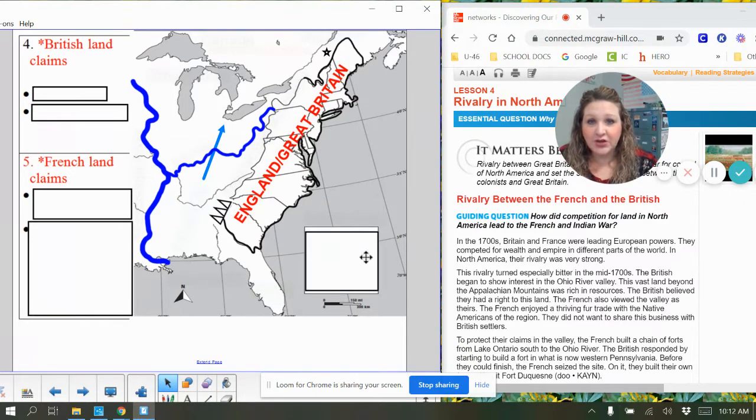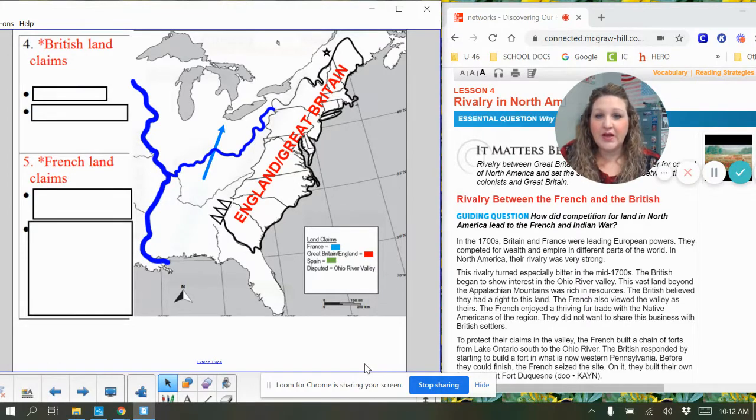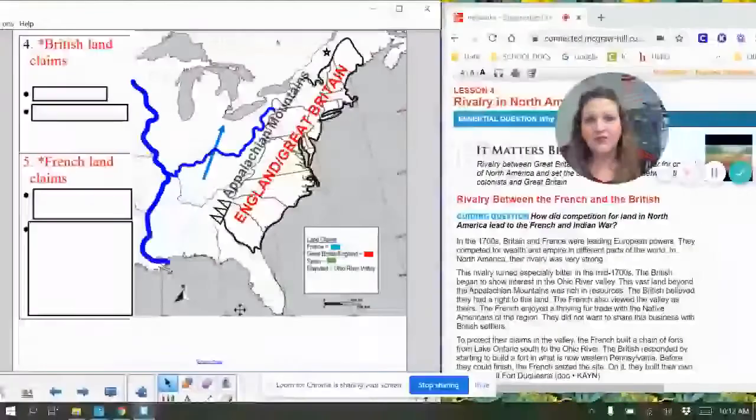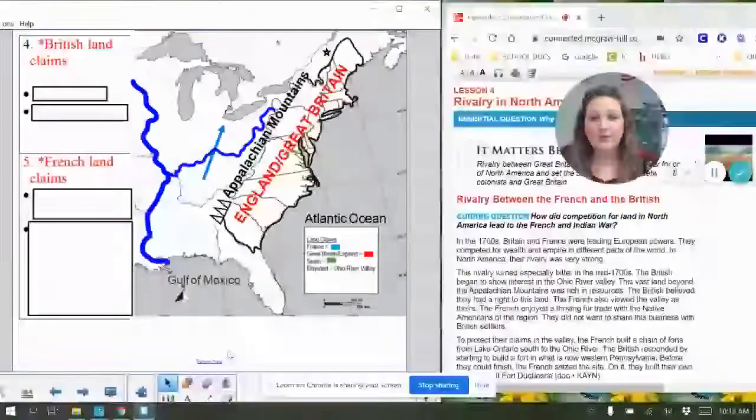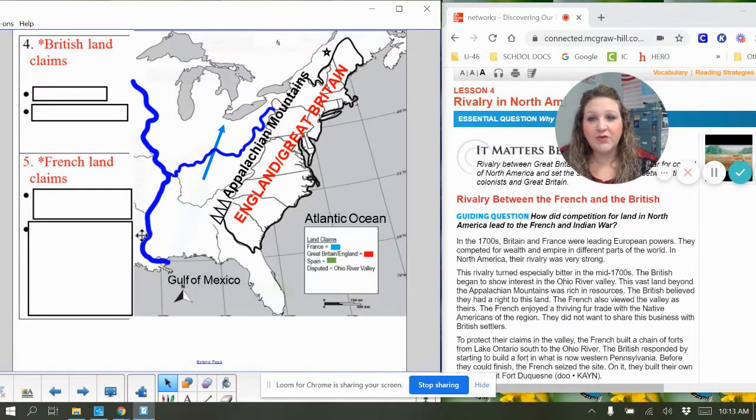I already put this on your map for you. And I'm going to uncover this little key here as we're going through. I always like to start with labeling the things that we know. I also have these 3 little marks here that are for the Appalachian Mountains. Typically, the triangles are symbols of mountains on maps. So we have our Appalachian Mountains. We also know some bodies of water that we practiced and then took a test on for the 13 colonies map test. So we have the Atlantic Ocean, the Gulf of Mexico, and this river right here that hopefully you know is the Mississippi River.